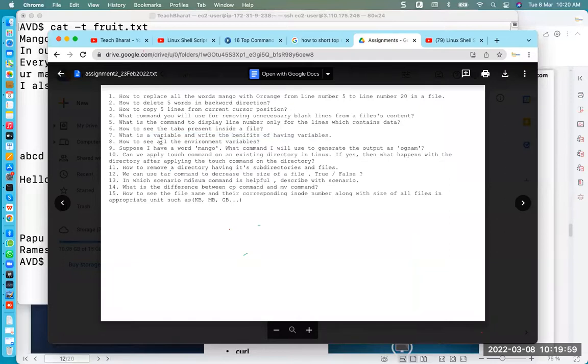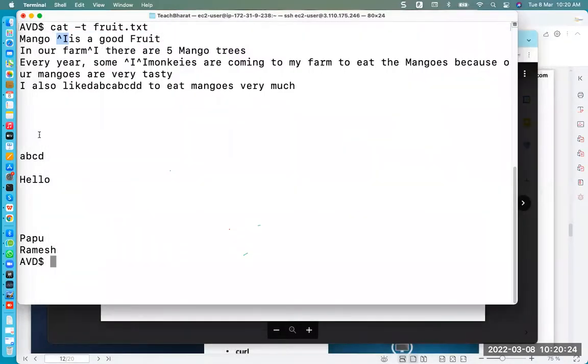So what is the variable and write the benefit? I told ना, variable अगर पहले define कर देते, ताकि value को बार बार change करना न पड़े, but if it's a variable, so variable पे use कर दो as a reference. So ऊपर अगर वेरिएबल में कुछ भी चेंज होता है, तो अंदर बार बार चेंज करना नहीं पड़ता है। So ये मैंने वेरिएबल दिखाया था, अभी तुमको दिखाना जरूरी सोच रहा हूँ या नहीं? चलो दिखा लेता हूँ।